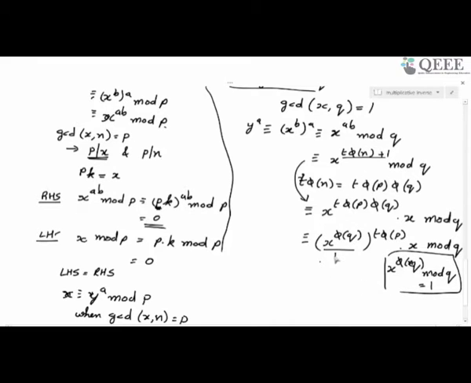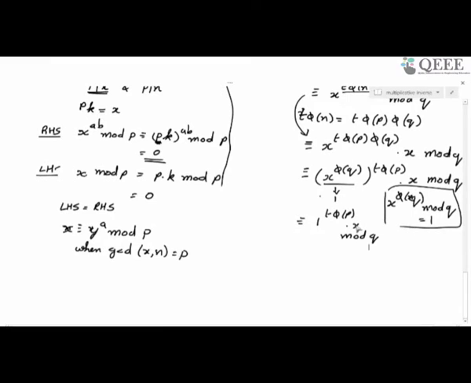Therefore, this particular term is actually equal to 1. So it is congruent to 1 to the power of t phi of p into x mod q, and this is equal to